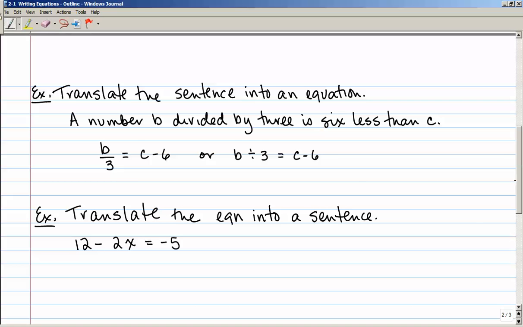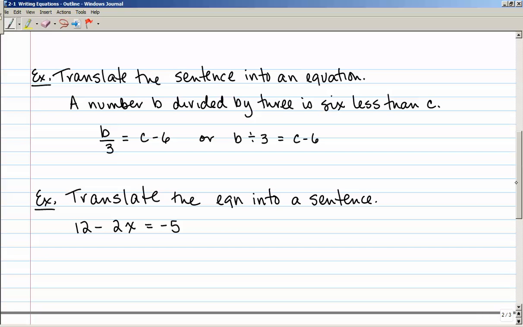Our next example says translate this equation into a sentence. And I'm not going to read it out loud because that would be actually putting it into a sentence. So you can see what we have written here. So there's, again, a couple different ways I can do this. I'm going to start with 12. And whenever you start a sentence with a number, write out the number, please. 12 minus, and remember, I don't want to write 2x. I need to describe what's going on between 2 and x. So I could say 12 minus the product of 2 and x